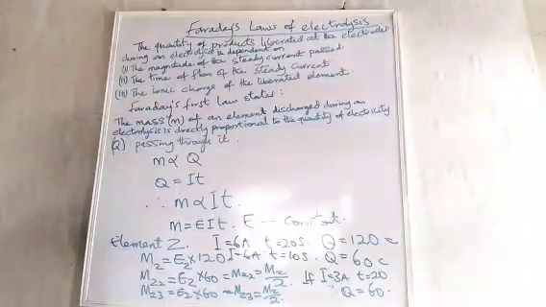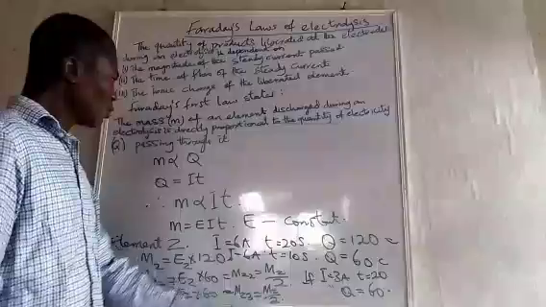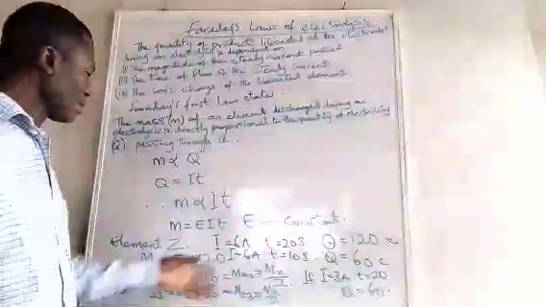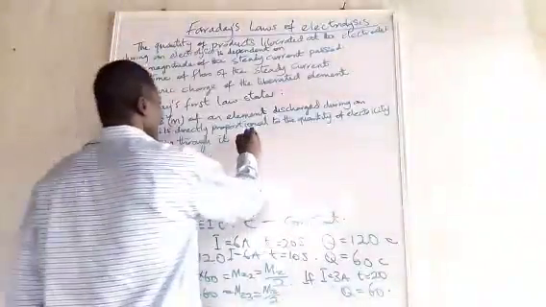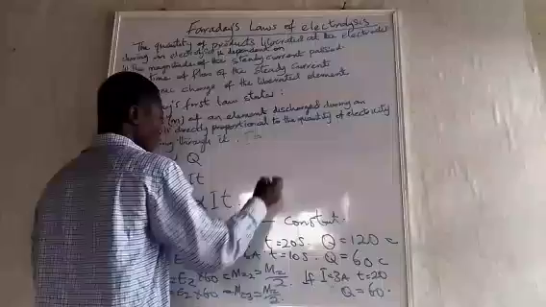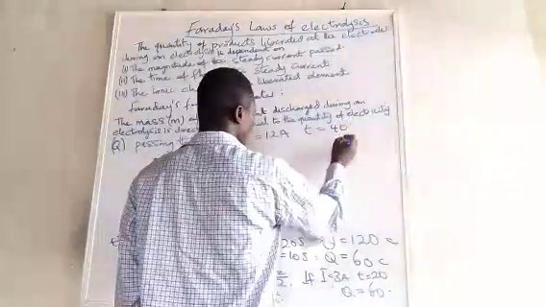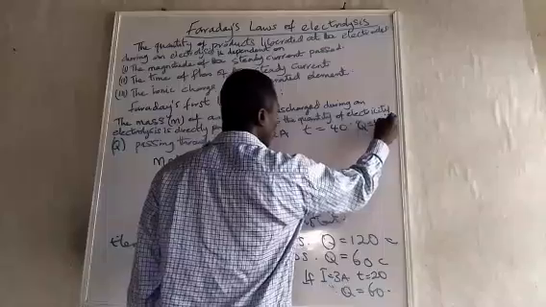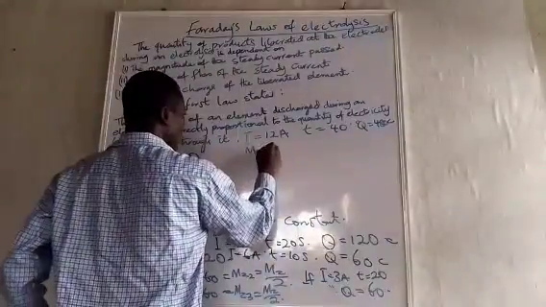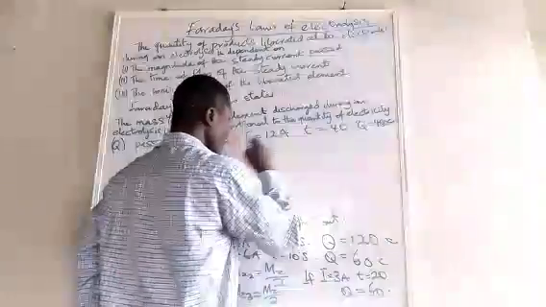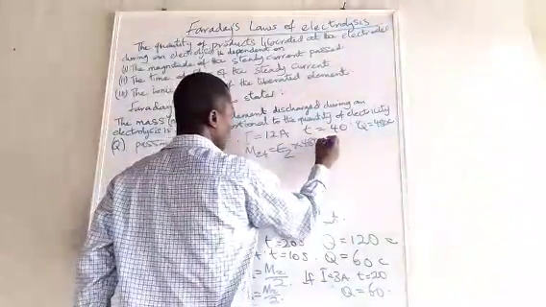Now, assuming we change the two, we change this one to higher, and this one to higher. Let's say we change this one to 12 and this one to 40. So in this instance, I equals 12 amperes, T equals 40, Q is equal to 480. Which means that the mass is equal to Z times 480, which is equal to